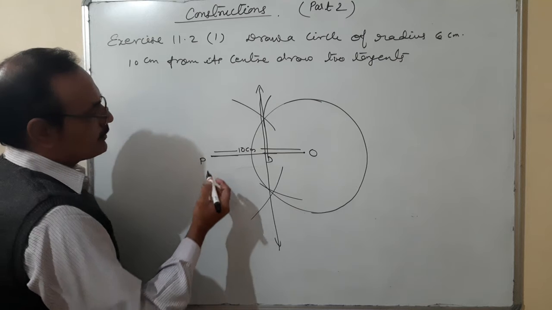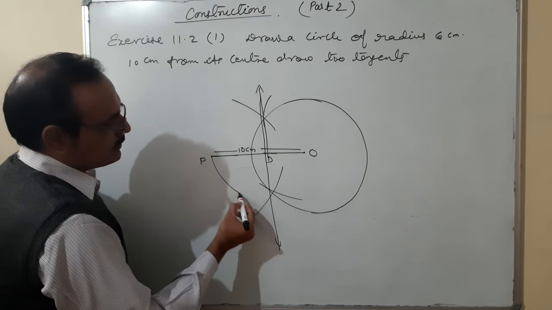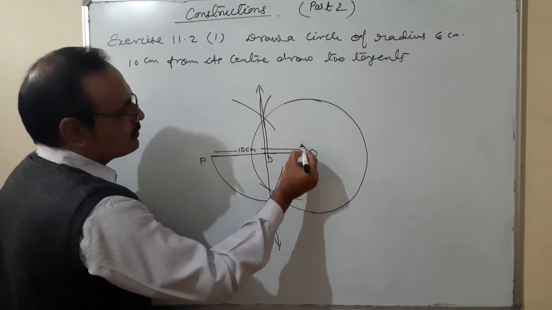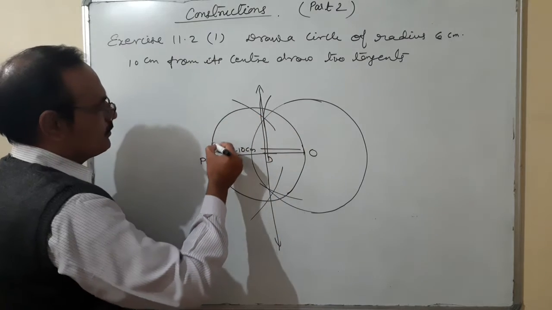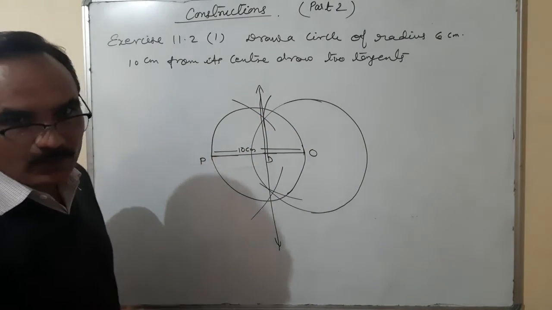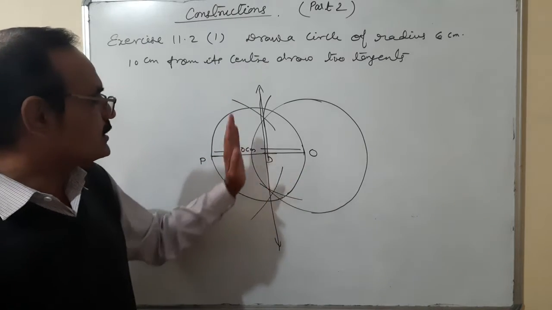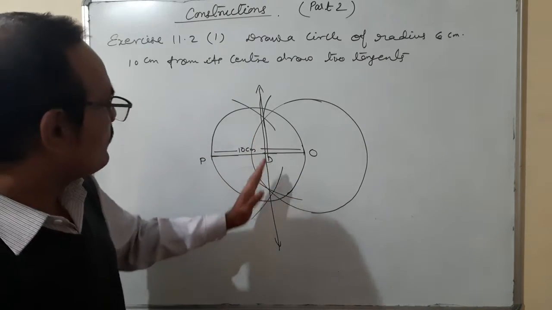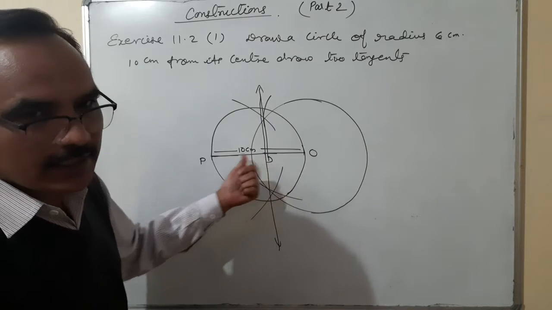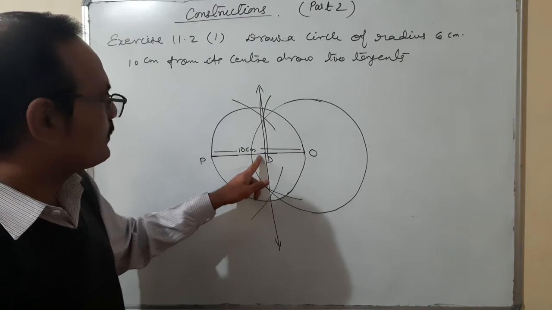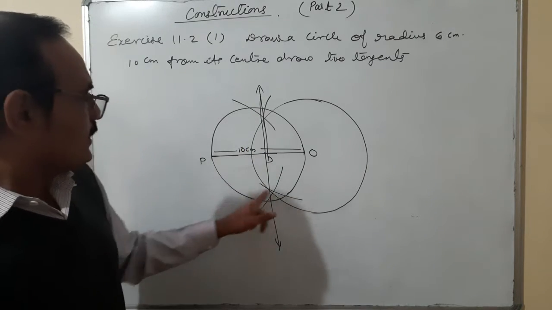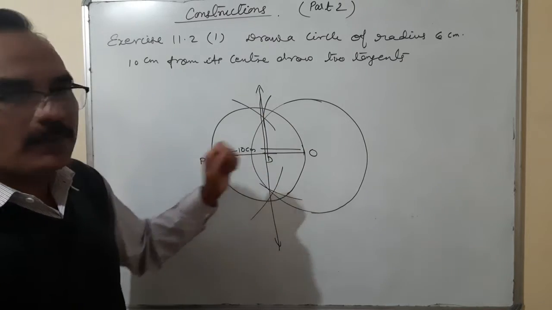Through this point D, placing the needle point at D and taking radius DP or DO, draw a circle. When you draw this circle, it will pass through the two points P and O, because D is the midpoint. By the way, the line is not exactly showing the middle point here. The midpoint will be coming from somewhere here, intersecting and passing through points P and O.